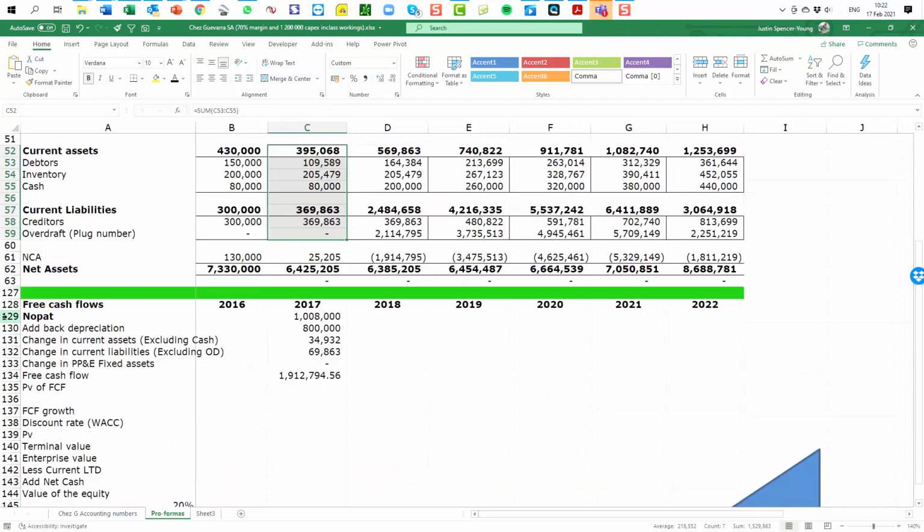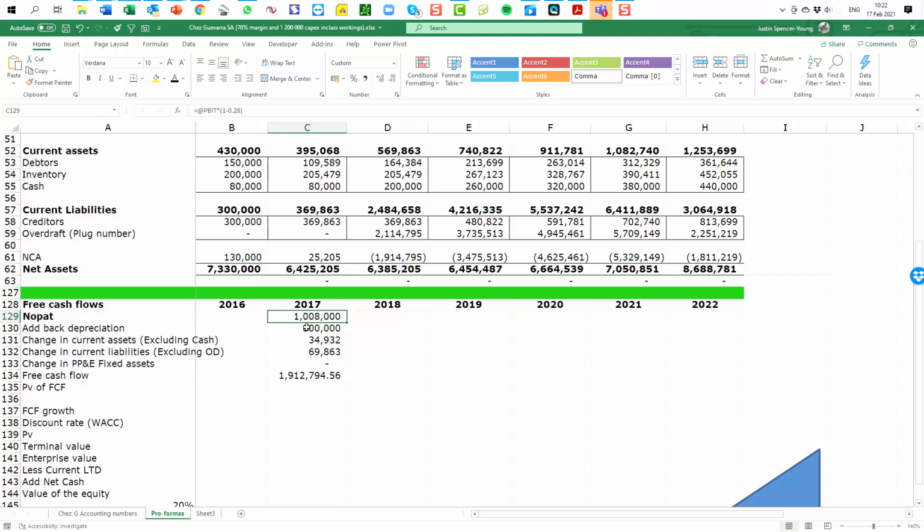So when we look at the calculation, there are different ways of doing free cash flow. I'm just going to go with the method that I've used here for now rather than talking through the different methods. Keep it simple for now. The first number that we use is the net operating profit after tax. In other words, what is the profit that is being made by the operations of the business less the tax that is required to be paid on this business?